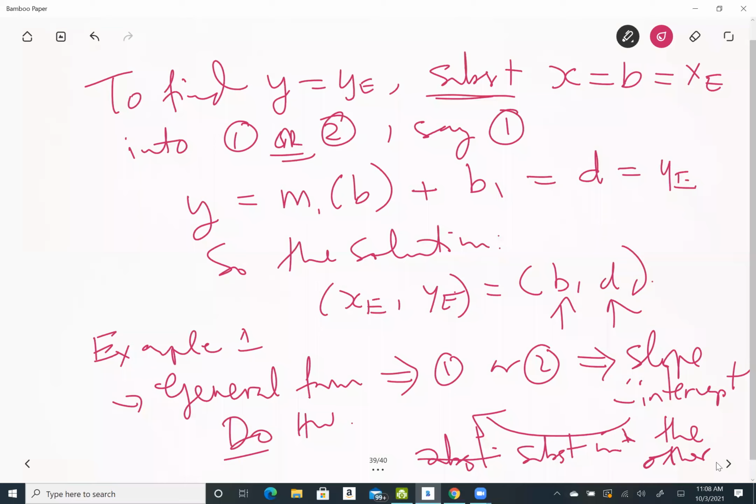Now I give you another example, another system of 2 lines. So here, suppose we have,